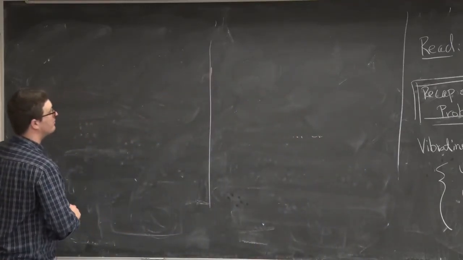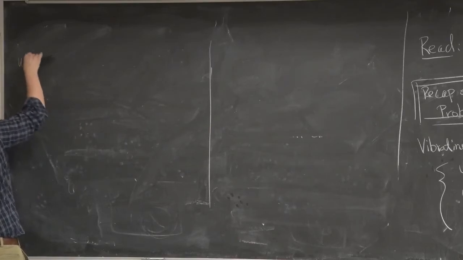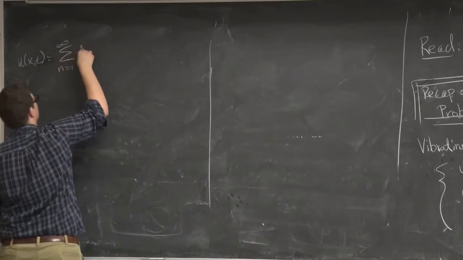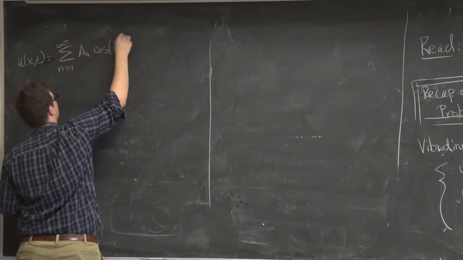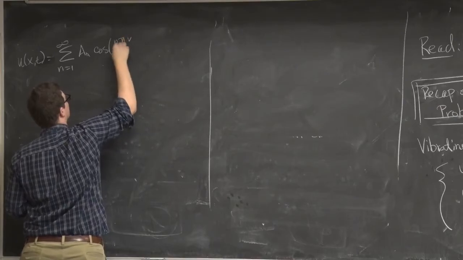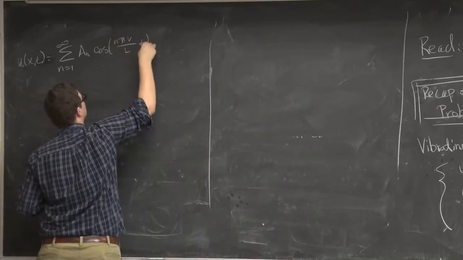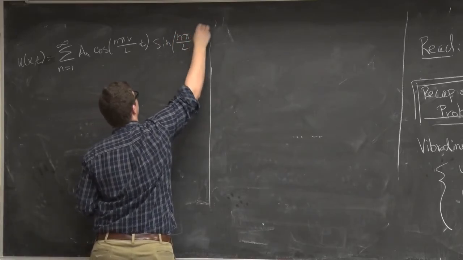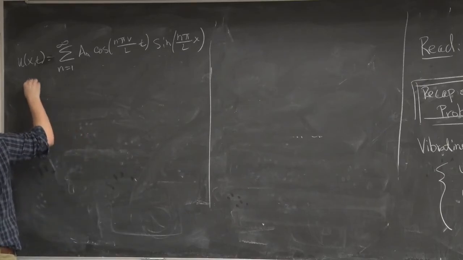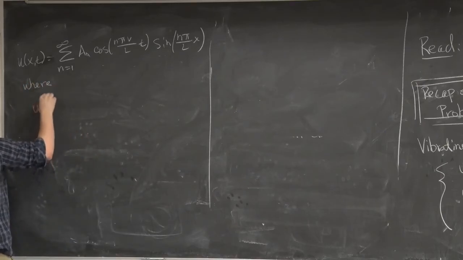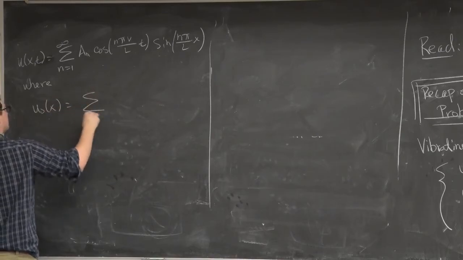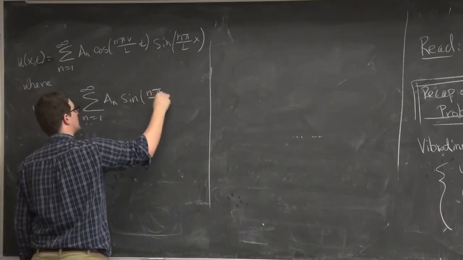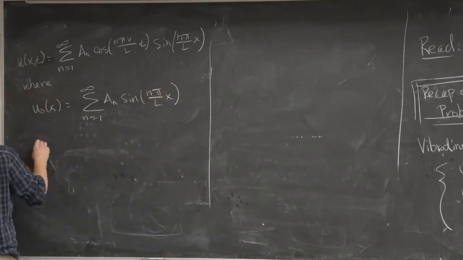So I'm going to write this: the sum of a_n cosine of n pi v over L times t, sine of n pi over L times x, where u0 of x, and then a_n,